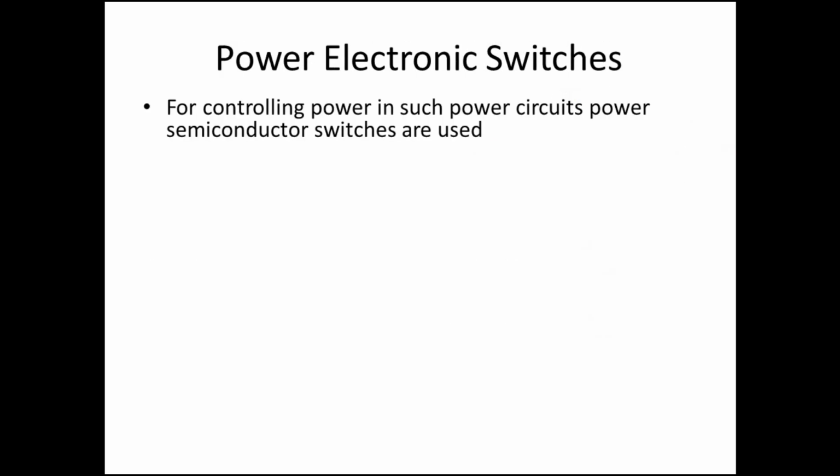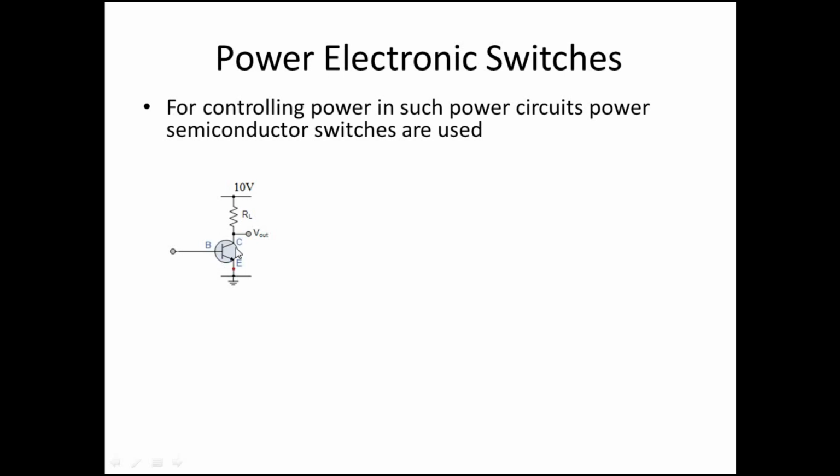So in power electronics, we are controlling the power using fast power semiconductor switches. We are using semiconductor devices as switches. Now let us discuss how we can use this. For that, we can consider the example of a simple transistor. A transistor has three terminals: base, collector and emitter.